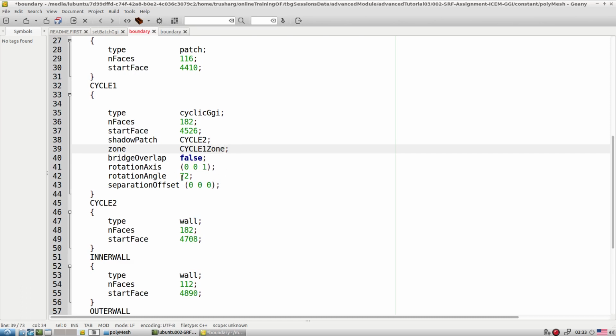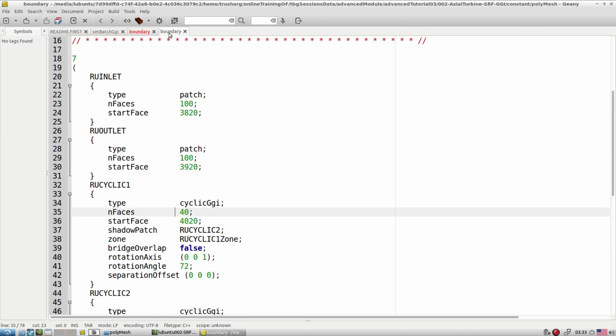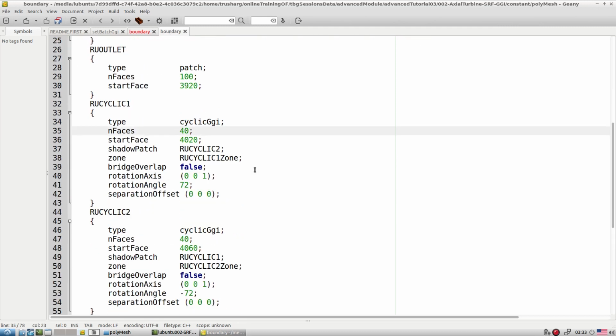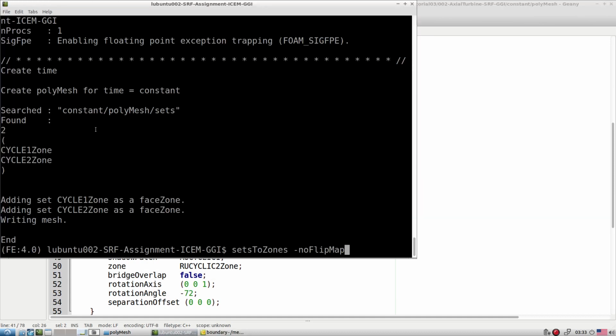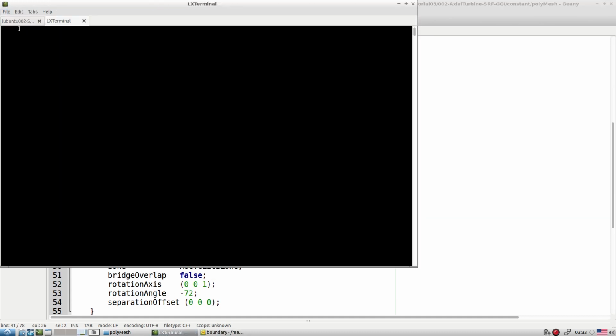Okay, and now the rotation axis. For this rotation, if you look here, one is positive and another is negative 72 degree. Okay, so let's first go there and try to understand, and then we come back here in our tutorial.